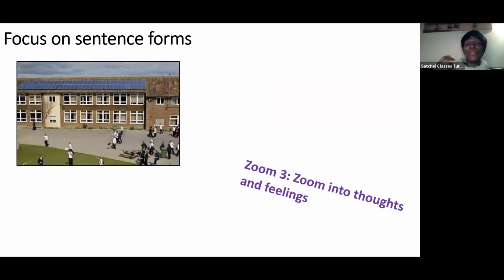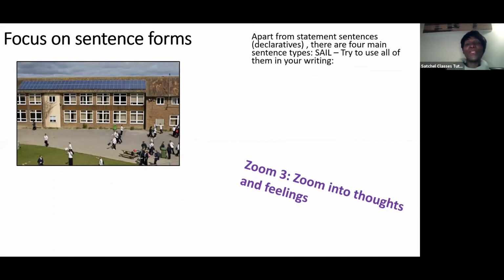Now I'm thinking about thoughts and feelings, zooming in even further. And for this, I really want to think about different types of sentences. Now, apart from just ordinary declarative sentences that just state things, there are four main types of sentences, and you can sail through your sentence forms by remembering SAIL. So you've got the strong emotion or exclamation sentences. I can't believe it! So they obviously have an exclamation mark at the end to show a strong emotion,